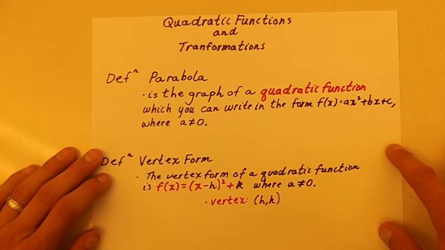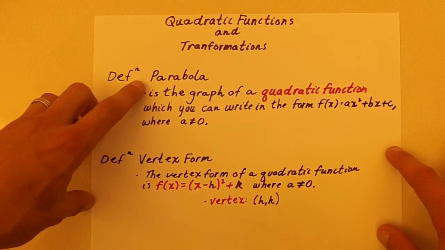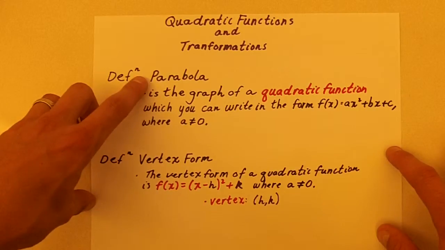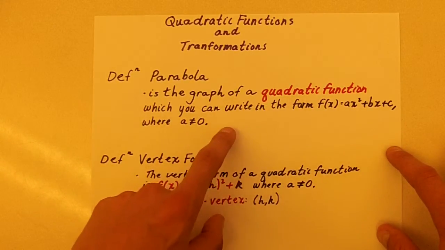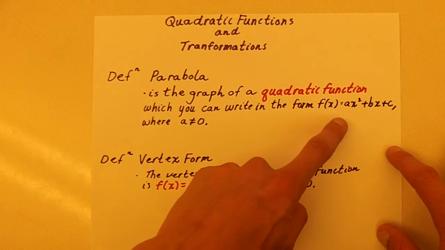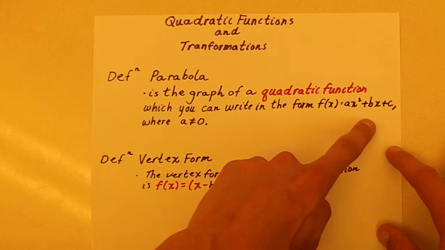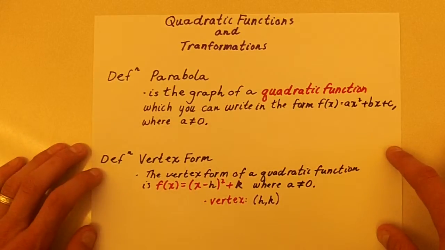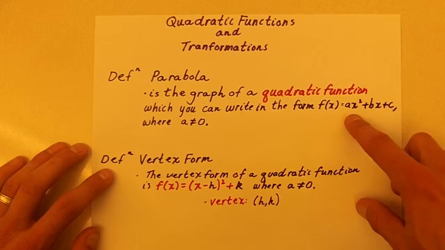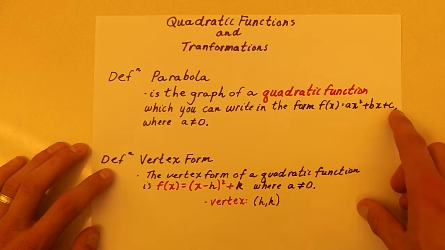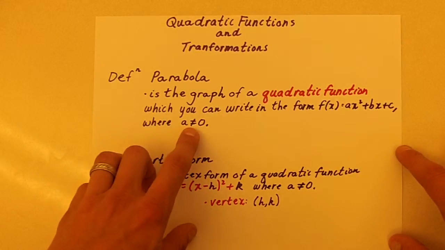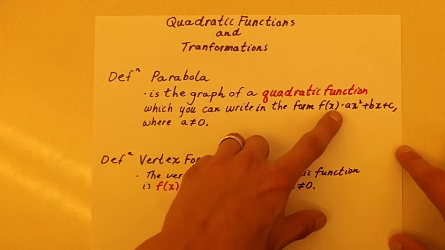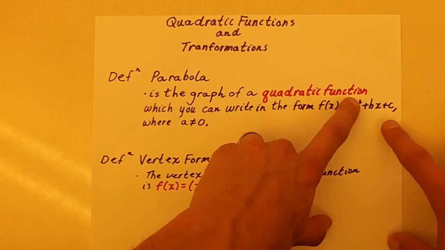Okay, so a couple things we need to define. A quadratic function is a U-shaped graph, which we call a parabola. A parabola is the graph of any quadratic function, and it can be written in standard form: f(x) = ax² + bx + c. There are other forms that we can use, such as vertex form or intercept form, but here in standard form, from largest power to smallest, okay, that is called standard form. And again, be sure a cannot equal 0